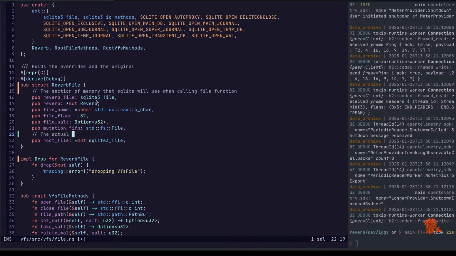I kind of want to, let's see, the actual sqlite3_file that was